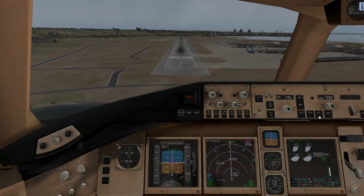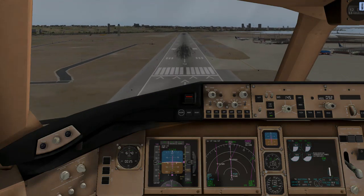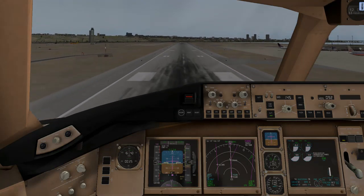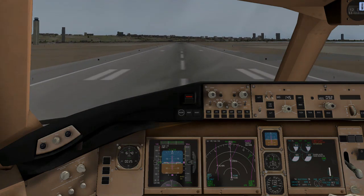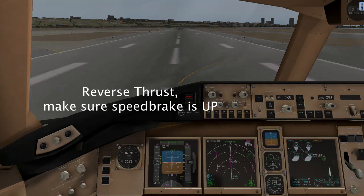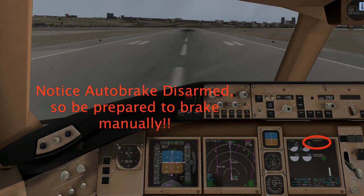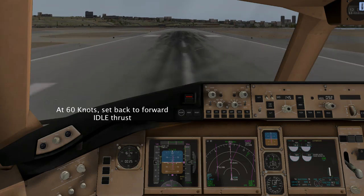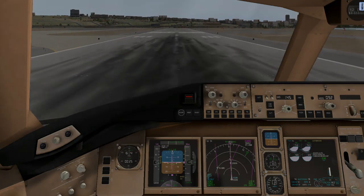Okay, don't touch anything, don't change anything. Okay, and flare just a little bit. Okay, and thrust reversers active. At 60 knots, I'm going to remove the reversers